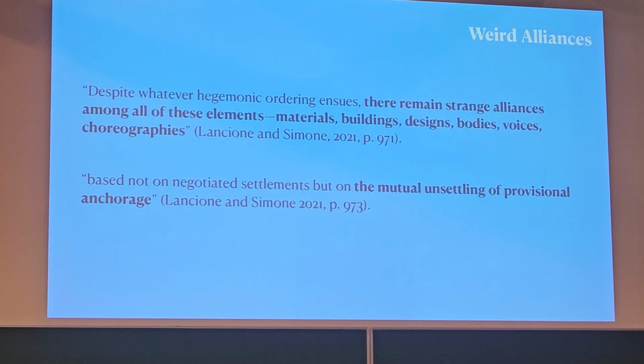And so, I just ended the last slide on the notion that there are possibilities of solidarities between displaced citizens and non-citizens. And here I want to explore this notion of weird alliances that comes from Lancioni and Simone, who say that despite whatever hegemonic ordering ensues, there remain strange alliances among all these elements: materials, buildings, designs, bodies, voices, and choreographies. They're trying to articulate how there are alliances that emerge that are not necessarily like a negotiation